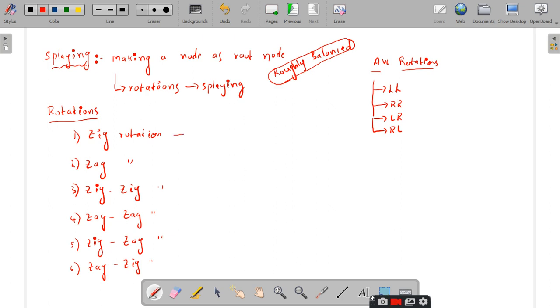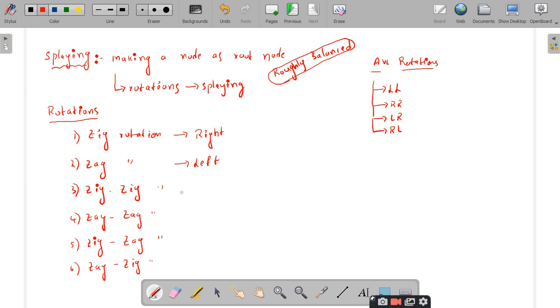Remember that zig rotation is nothing but rotating towards the right hand side. Zag is the other case where you have to rotate it to the left hand side. So left side rotation is called zag rotation, right side rotation is called zig rotation. Is it clear up to this point?